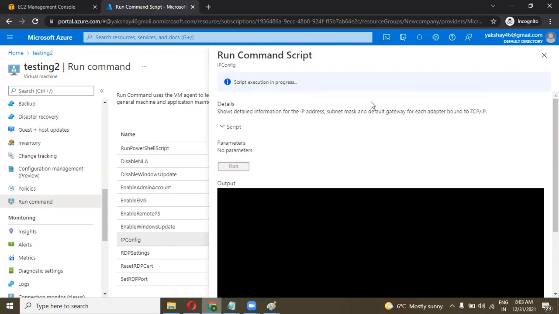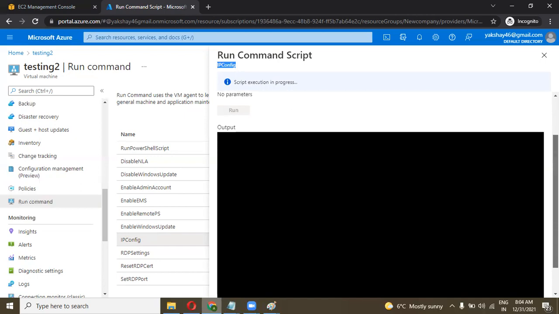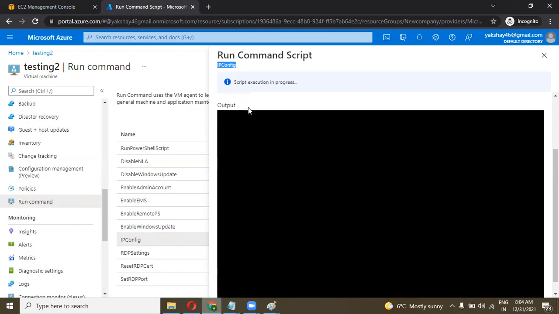This will run the ipconfig command in the particular machine. The machine name is testing2. If I use run command here and select ipconfig, then it will run the command in the virtual machine and you will see your output here.